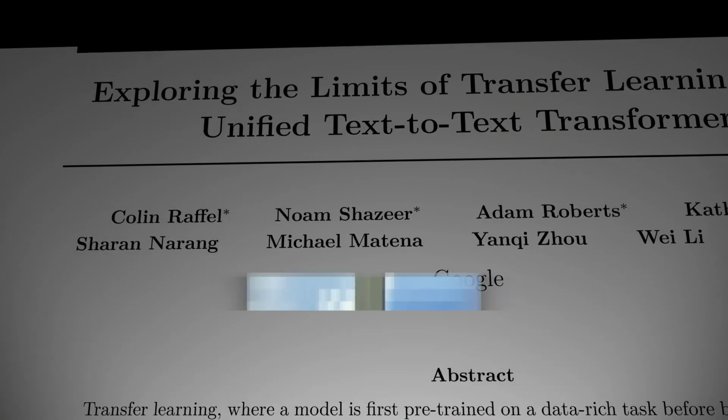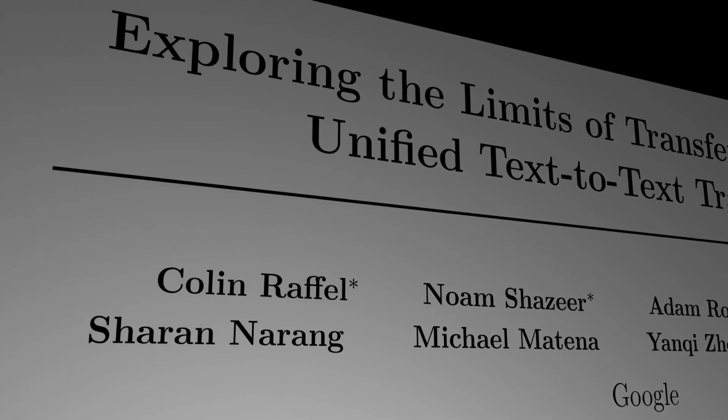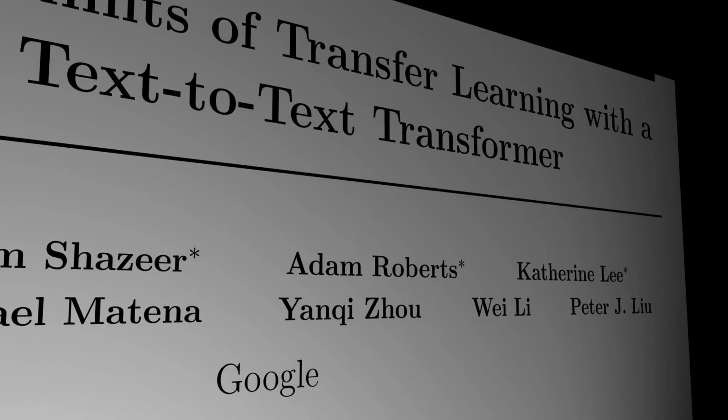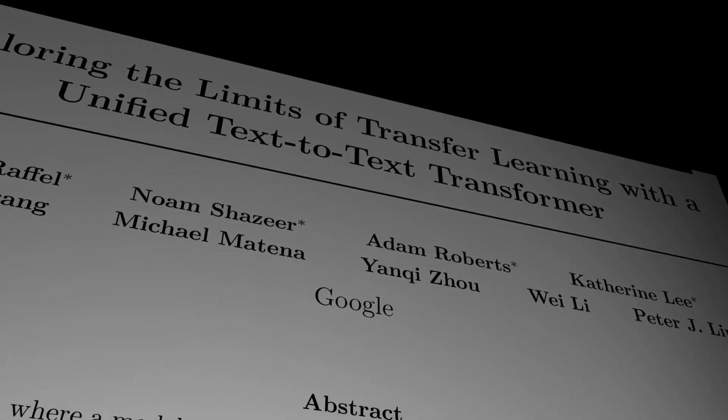Authors will frequently combine different factors that could be leading to the advanced performance, such as introducing a new self-supervised pre-training objective, but also increasing the dataset size, having a more in-domain data composition, or increasing the size of the model itself. That's why this paper is so important, because it's taking apart all these different factors that can lead to performance gains and isolating them in this large-scale study of transfer learning in the pre-training, then fine-tuning pipeline for natural language processing. So today we're talking about Exploring the Limits of Transfer Learning with a Unified Text-to-Text Transformer by Raffel and his colleagues from Google.